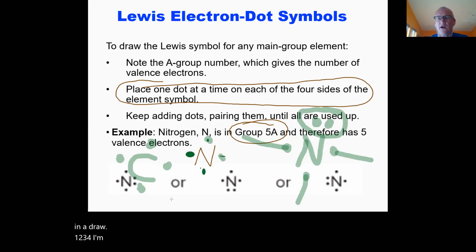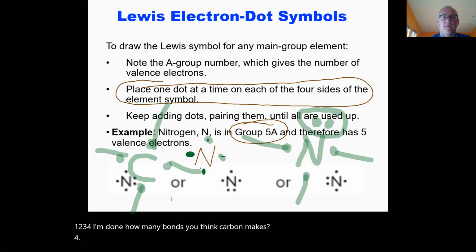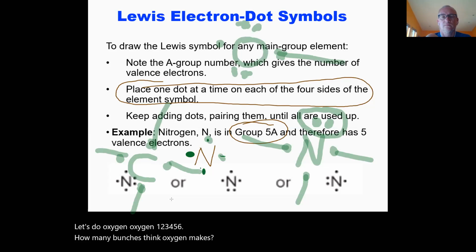How many bonds do you think carbon makes? 4. Let's do oxygen. Oxygen. 1, 2, 3, 4, 5, 6. How many bonds do you think oxygen makes? 2. Yeah. So if you follow